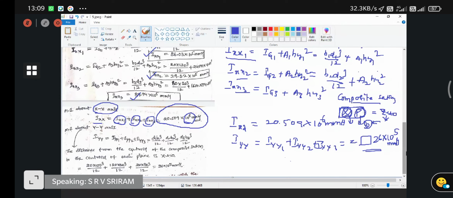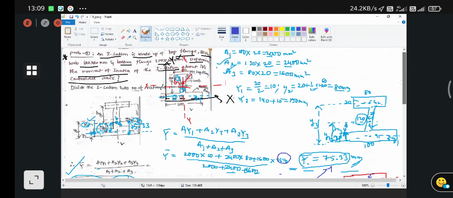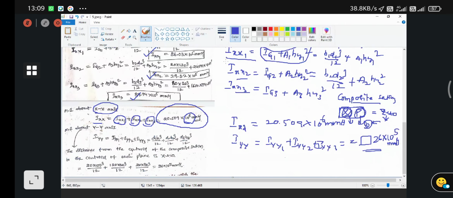So first of all we got the centroid, and afterwards from the centroid I found each perpendicular distance between those two parallel axes, and afterwards, in order to find the base moment of inertia, from Iy and Ix I have found it by adding these total things. If it is the base moment of inertia about the x-axis, you have to take this.